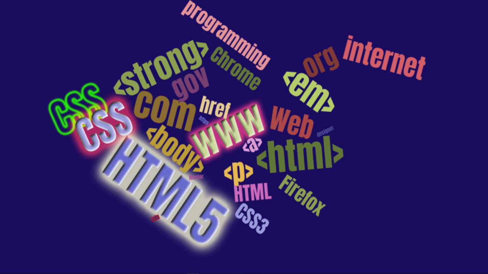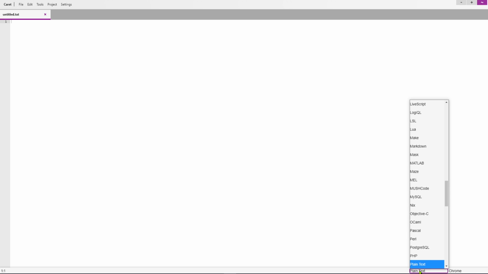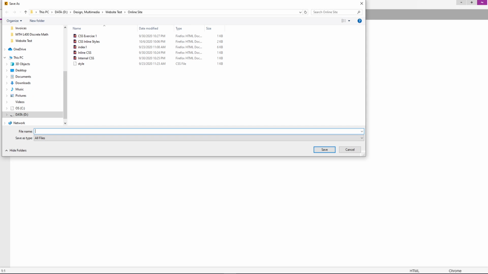So first thing you need to do is pull up your Caret program here, and we're going to start a new document. We're going to go down here, and this will be an HTML document type. So I'm going to go here from the bottom and change this to HTML. And then we'll go ahead and save it. So we'll go to File, Save As, and we're going to name this one